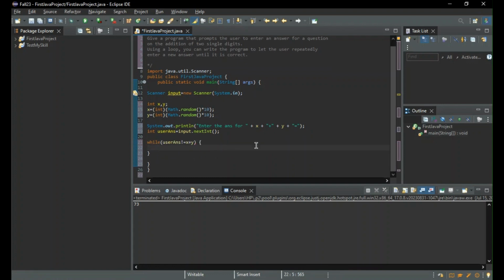Let me explain. Here the while loop will be true all the time, unless, or let's say it will continue going until this condition is false. The case where the while loop will stop is when the userAnswer is equal to x plus y, which is the correct answer. So the while loop will stop, and it will stop giving the user opportunities to submit their answers. So inside the while loop, we will say,